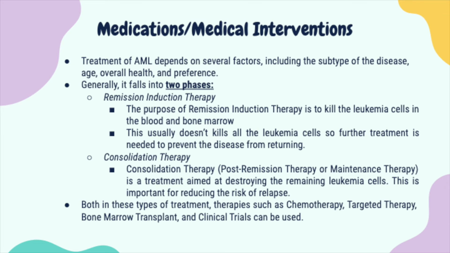This usually doesn't kill all the leukemia cells, so further treatment is needed to prevent the disease from returning. Consolidation therapy, also known as post-remission therapy or maintenance therapy, is a treatment aimed at destroying the remaining leukemia cells. This is important for reducing the risk of relapse. In both of these types of treatment, therapies such as chemotherapy, targeted therapy, bone marrow transplant, and clinical trials can be